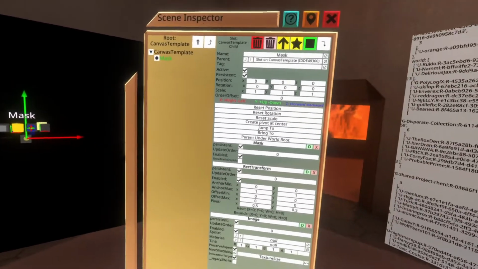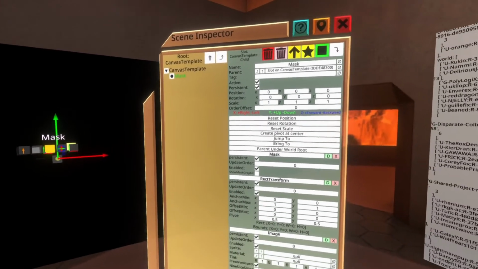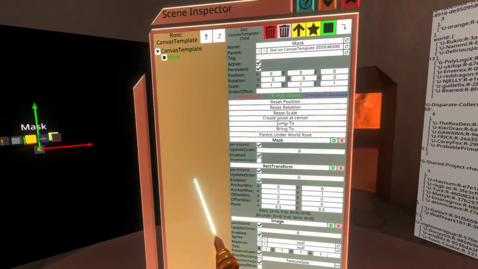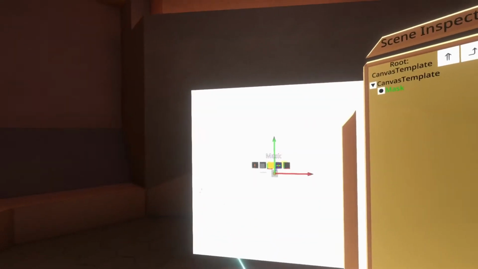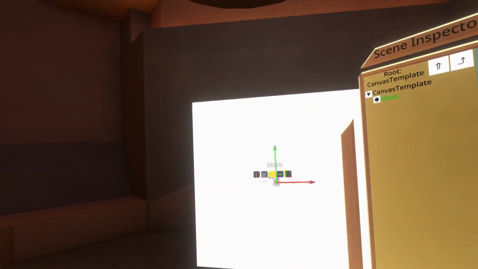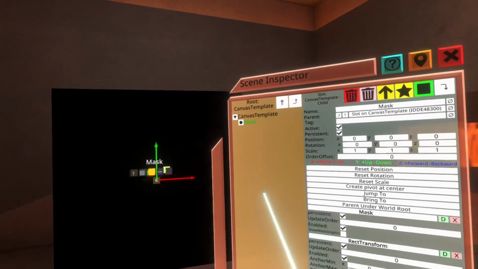is a black rectangle. So now you see that the mask isn't really indicating that it's doing anything, and that's because the show mask graphic option is unchecked right now. If I turn this on, you'll see that the white image now appears. But again here, there's not really much going on, so let's go ahead and add some more stuff and you'll